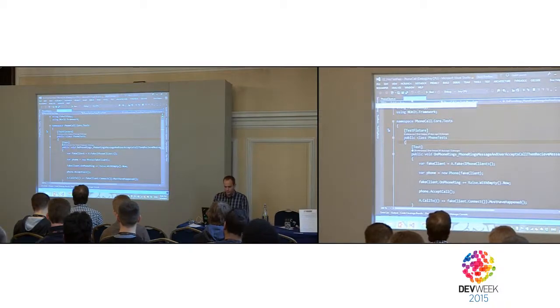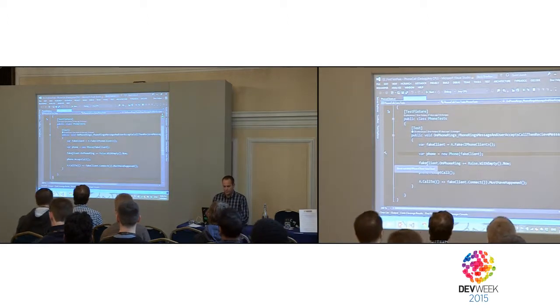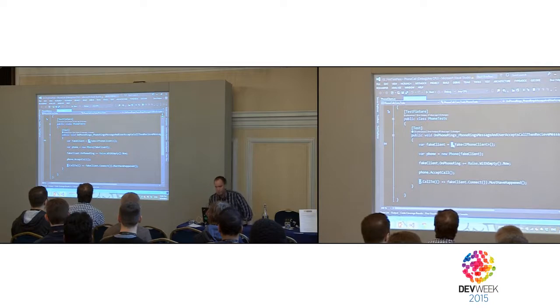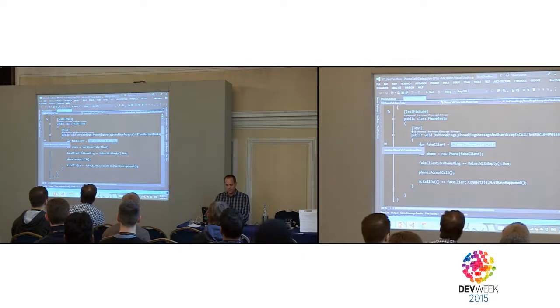Here we go, phone call. This is actually the same phone client we talked about. So this is a test using fake objects. In this case, FakeItEasy. That's one of the .NET mocking frameworks or isolation frameworks. And essentially, you don't have to know much about it. All you have to know is here I create a fake of phone client. The type is actually a fake of phone client. I can debug it and show you in a minute.